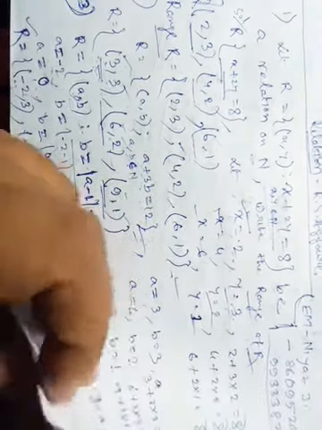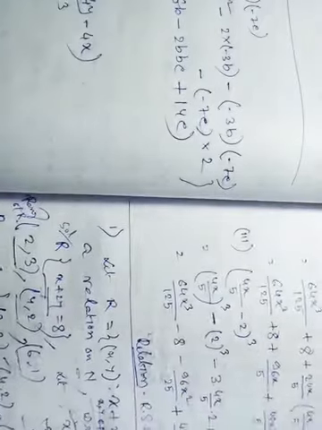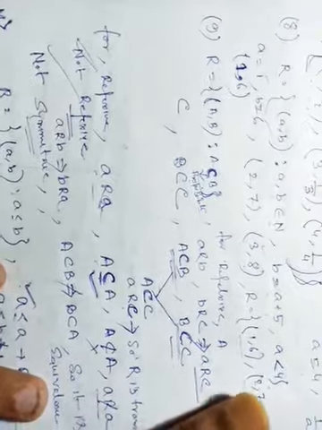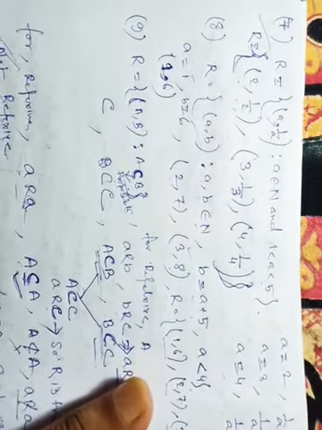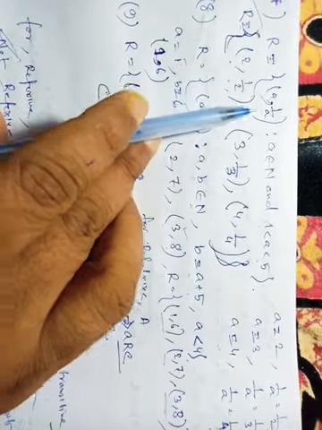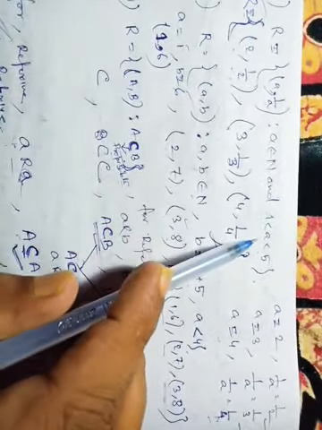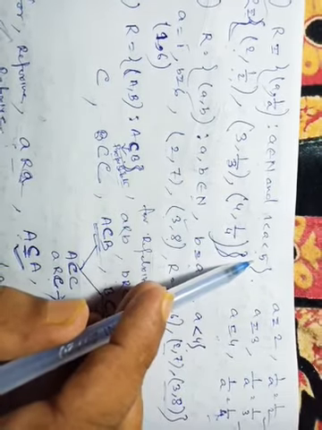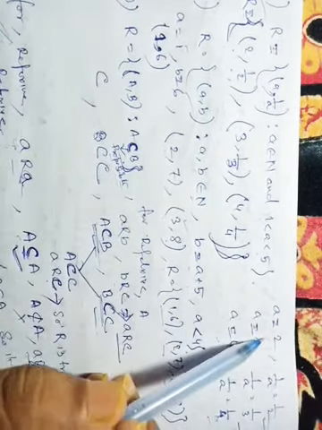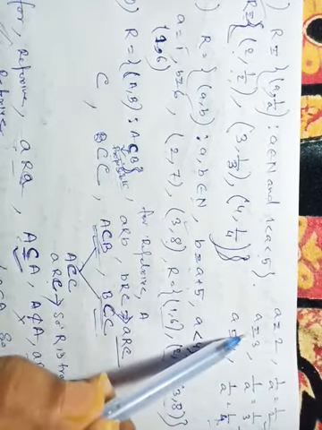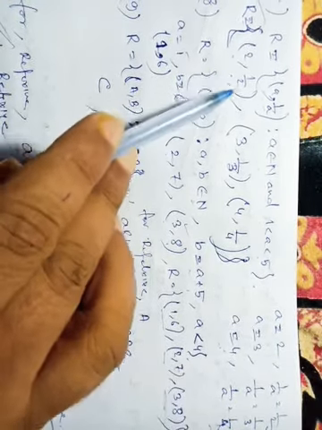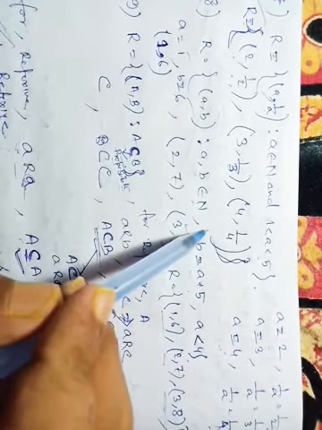Now moving on to another example from R.S. Agarwal math book class 12. A relation is given here: (a, 1 by a), where a belongs to N and 1 less than a less than 5. We have to find the range. It's a very easy question. If I take 2, then the range is 1 by 2. Take 3, 1 by 3. Take 4, 1 by 4. So my range set is (2, 1/2), (3, 1/3), (4, 1/4).